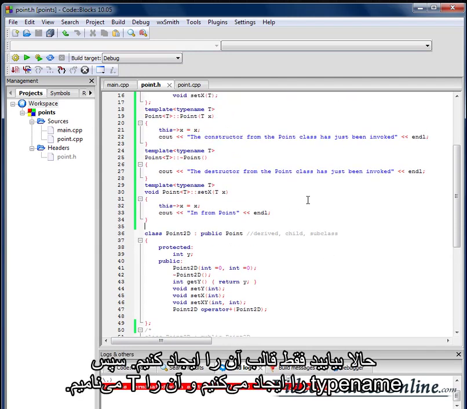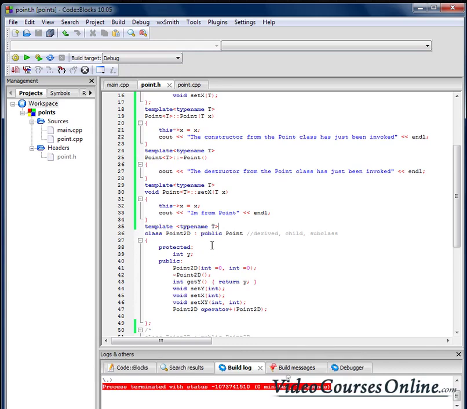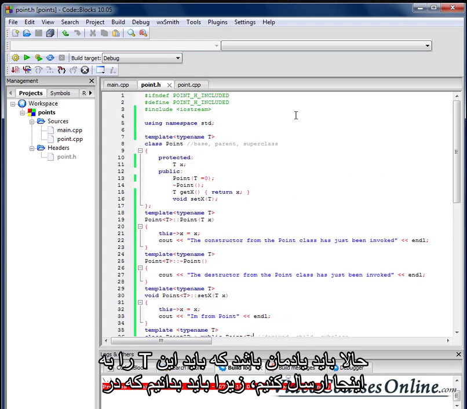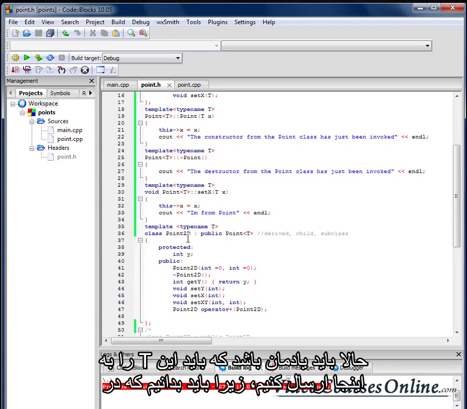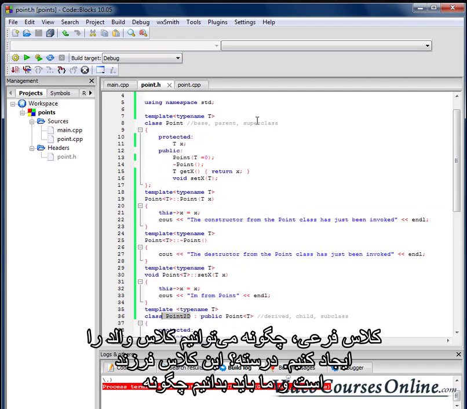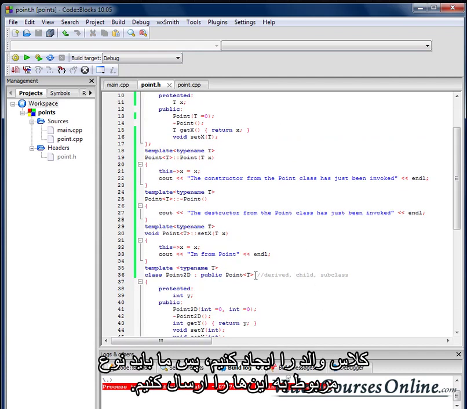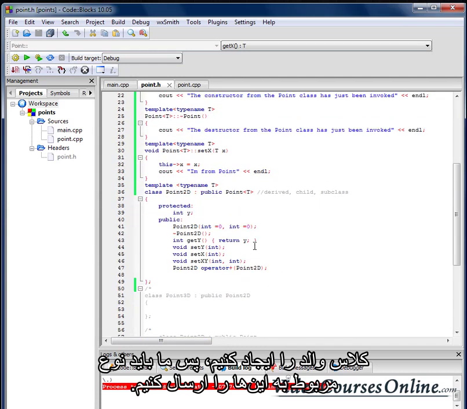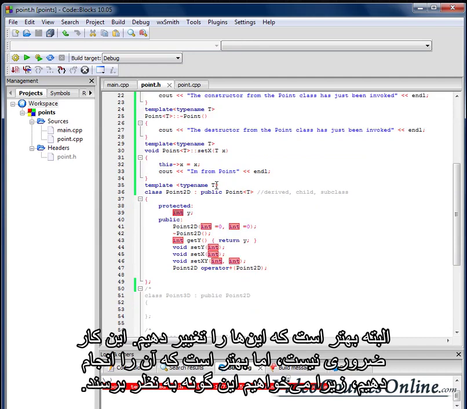And now let's just create a template of it. So template, typename, and we'll call it T. And now we need to remember that we need to send that T to that place here, because we need to know in the subclass how to create the parent class, right? In the child class, we need to know how to create the parent class. So we need to send what type should be here. Okay. Then of course we should change that. We don't need to, but we should,